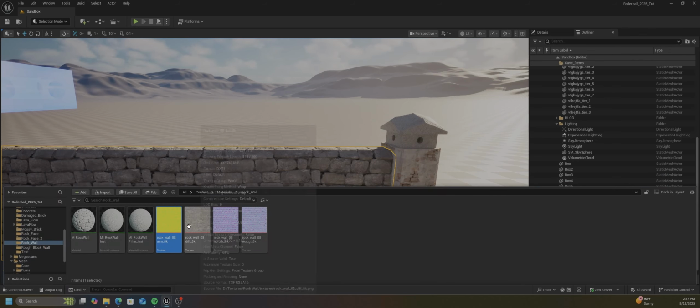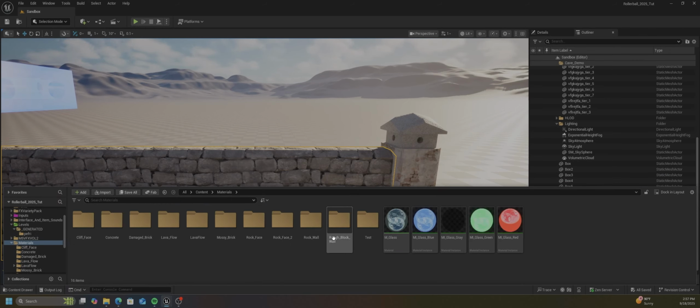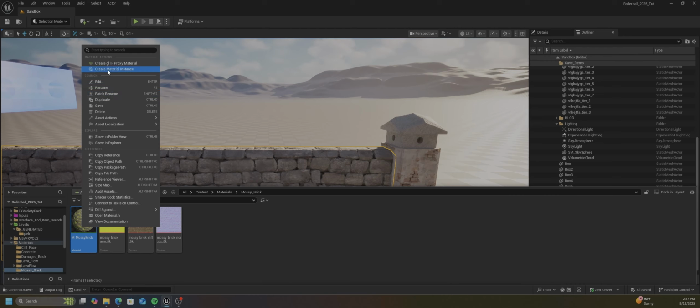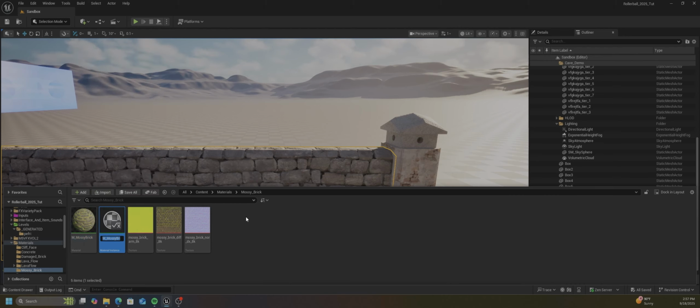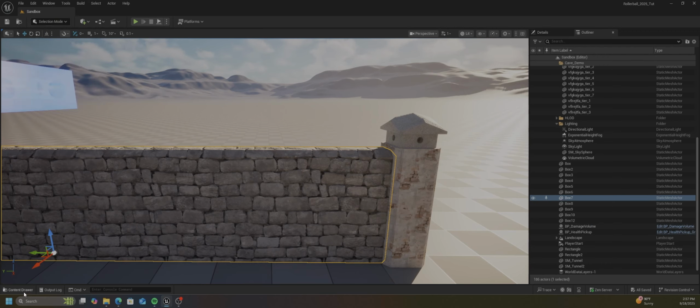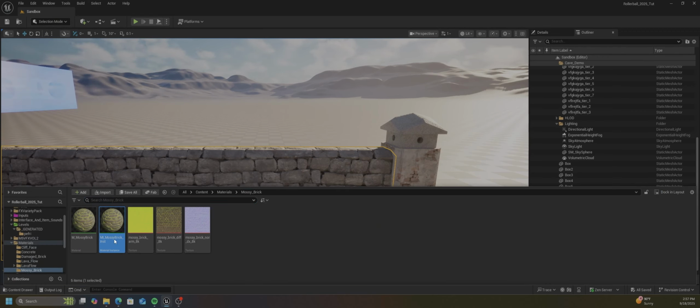What we are going to do is go back to the content drawer and go back into my materials. I lost it. For my Mossy brick, I'm going to right click on it, and I'm going to create a material instance. Next to the M, I'm going to type in an I for material instance and just hit enter. I'm going to do File, Save All. And if we double click on it,